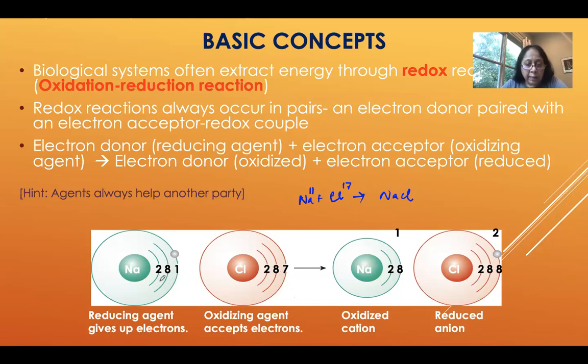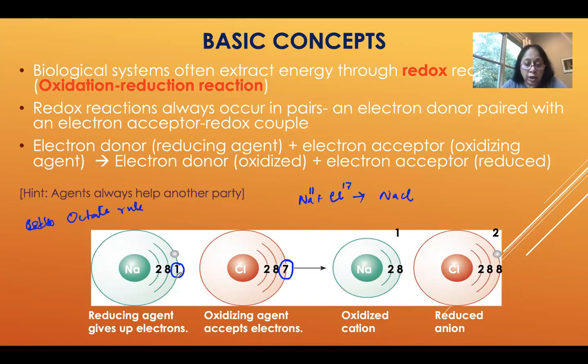So sodium has 2, 8, and in its outermost layer it has 1 electron. Chlorine, in its outermost layer, has 7 electrons. Based on the octet rule, I hope you remember that an atom has a tendency to get 8 electrons on its outermost layer. Okay, so the sodium, what it will do is get rid of this extra